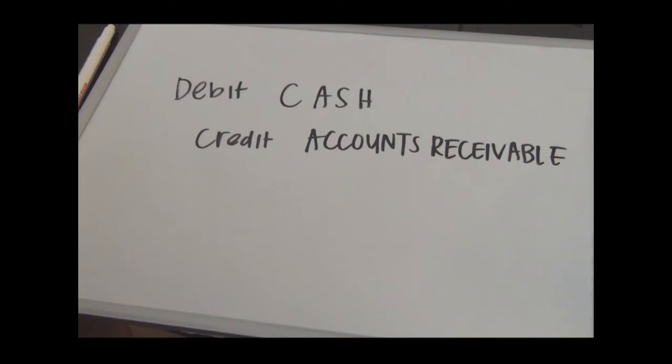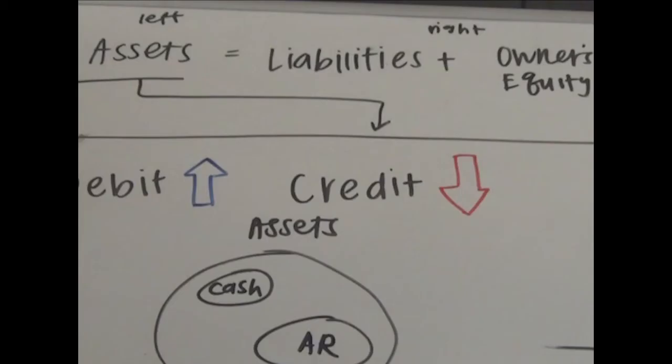Now, just a quick thing to note, and I mentioned it in week 1 as well, but all journal entries require two of them at once. It's called double entry bookkeeping. And don't forget, it's always a debit and a credit. So when we look at this equation, when we affect or change one component of it, we need to also change another component. I mean, that's like Algebra 101, right? You can't just affect only one. So that's why for journal entries, we need both a credit and a debit,